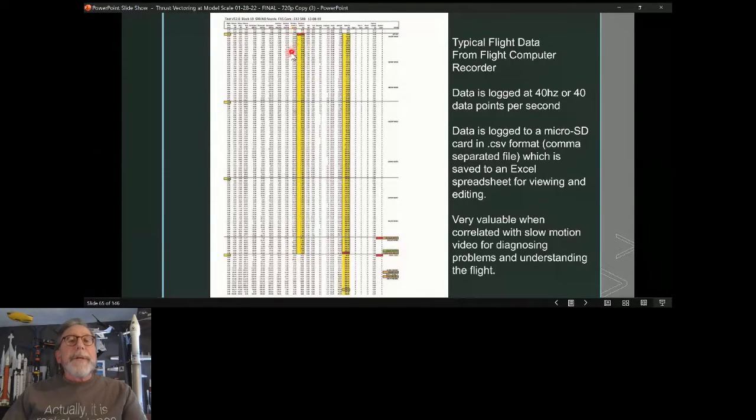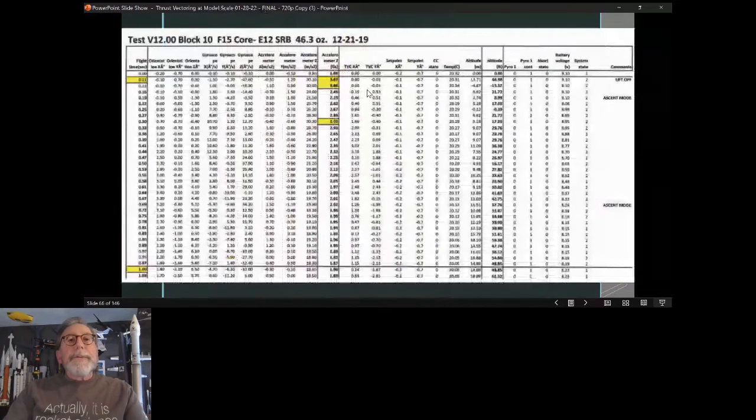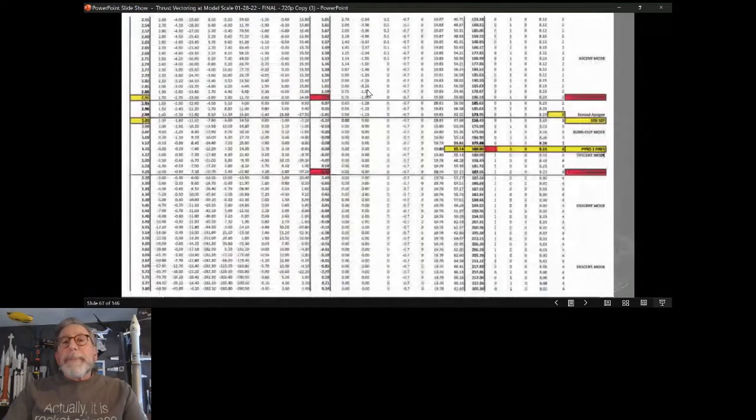It's in metric in here, and then I have to add the force of gravity in there to get to G's. And then also altitude in meters, and I have to convert it to feet. So this is what I kind of zoomed in on the data. In this case,